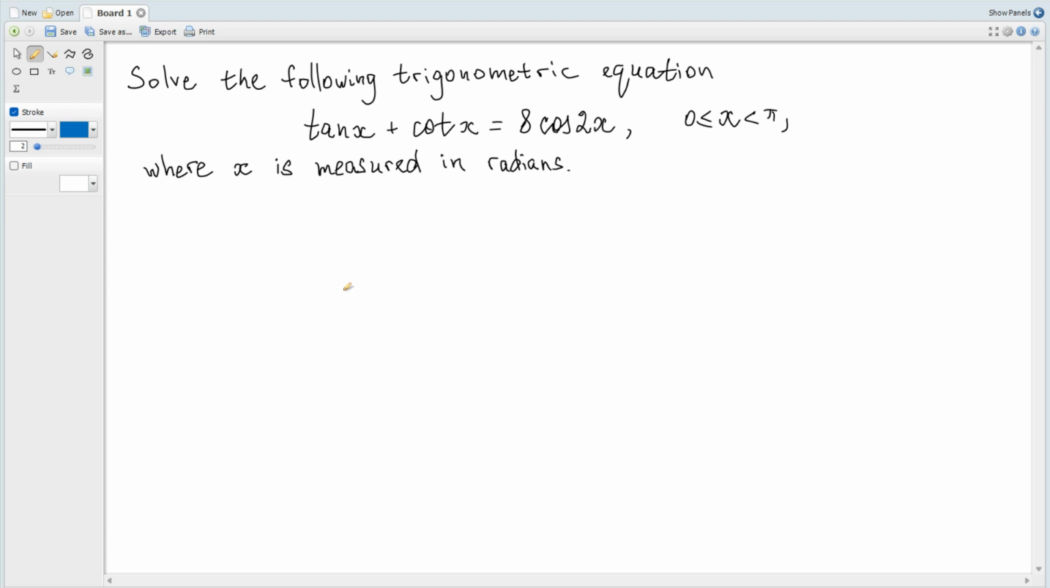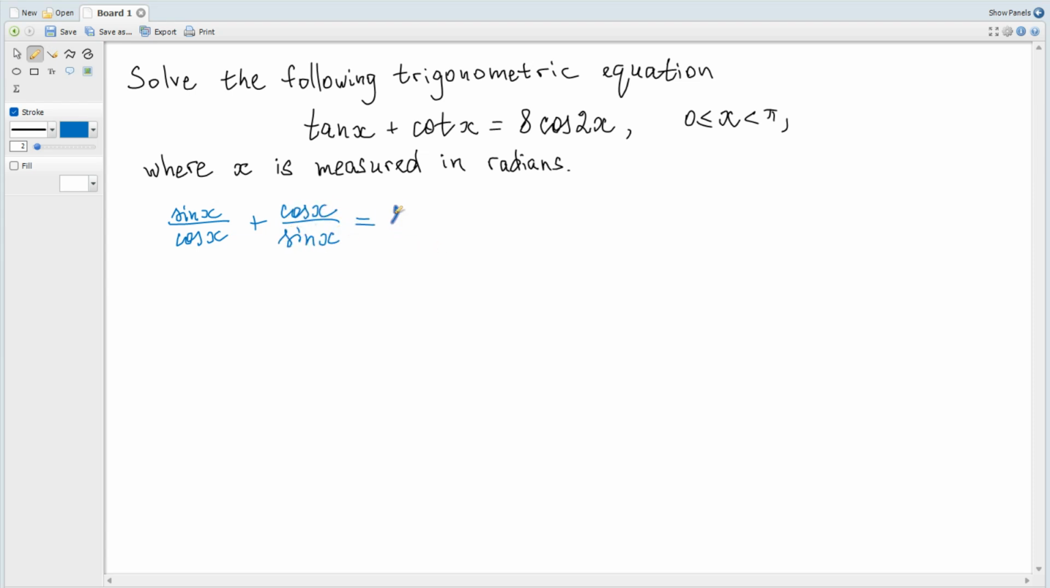Solve the following trigonometric equation. We know that tangent is sine over cosine and cotangent is cosine over sine, so the left-hand side can be rewritten as sine of x over cosine of x plus cosine of x over sine of x is equal to